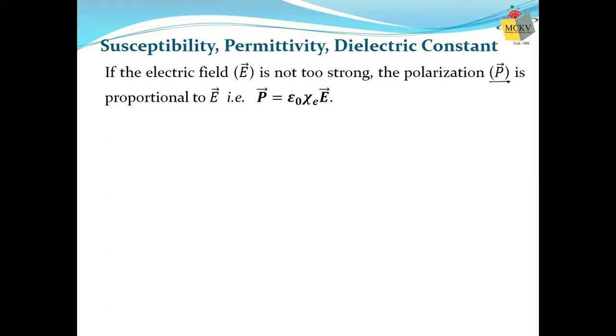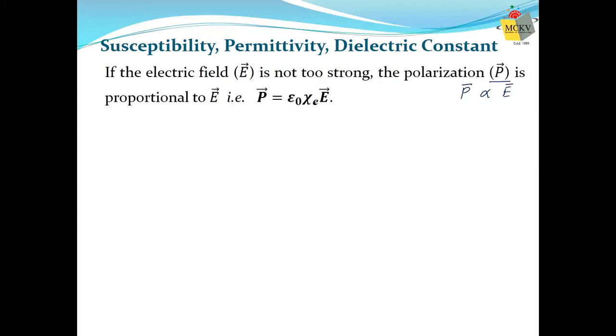then more and more molecules will be converted into dipoles. That means more dipole moments will be created. Again, if the electric field is increased, then the separation between positive and negative charges can be increased. If the separation between positive and negative charges is increased, that means the dipole moment will be increased, and so the polarization vector will be increased. So one thing is sure, the polarization vector P is proportional to the electric field. The more the electric field, the more the polarization vector. So if we write it as an equality, P should be equal to some constant times the electric field.